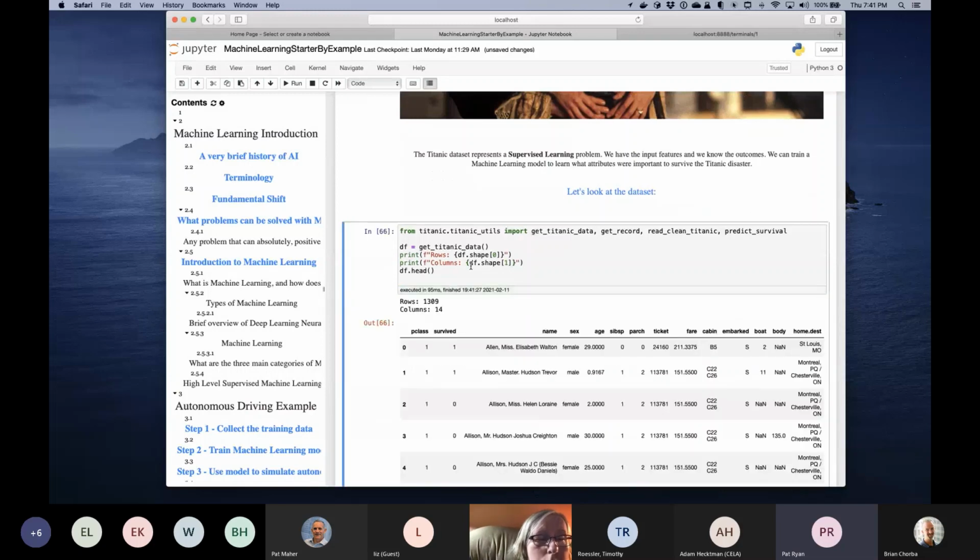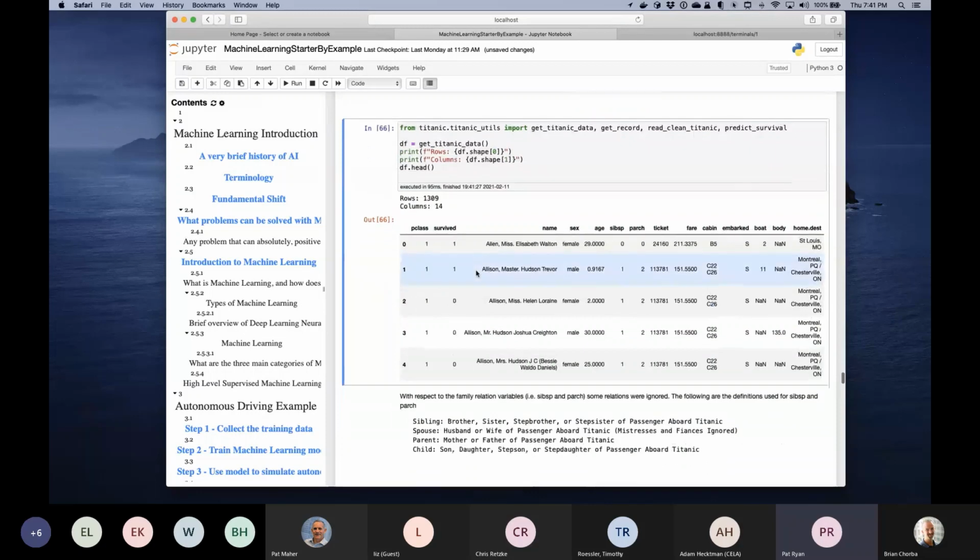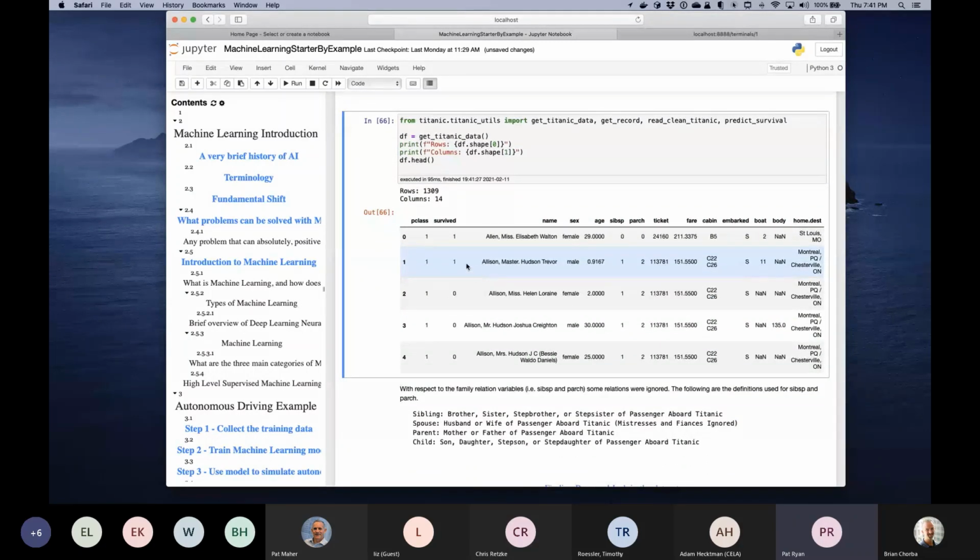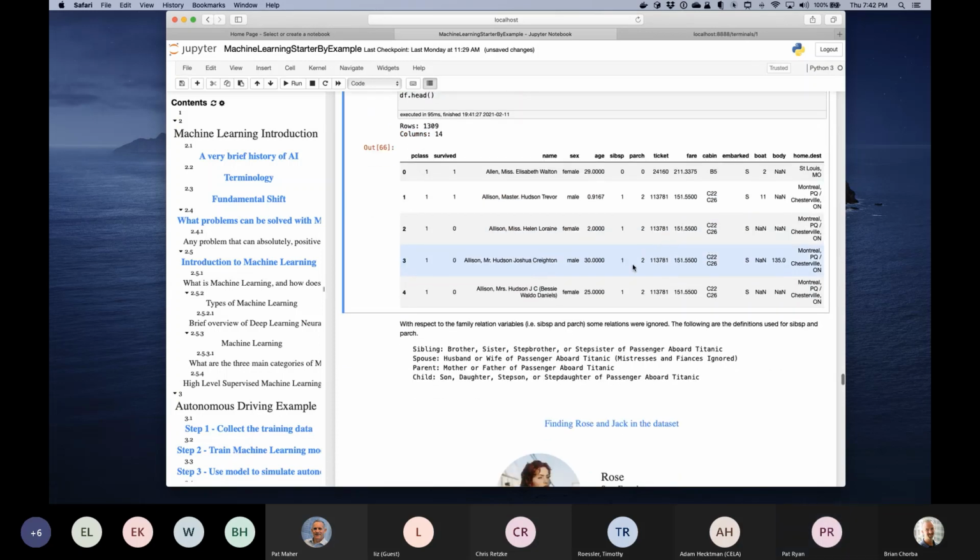And I'm going to go a little quickly through the data part of this so we can get to the back end of it. So we have the Titanic data set. There's a number of different features. And remember, the features are the things we're going to train on. And the label, or the thing we're trying to figure out, is this survived column. Did you survive or did you not survive? And so we have things like the passenger class, your name, the sex, the age, whether you were traveling with siblings or parents, the fare, how much you paid for your ticket. So there's a lot of different things that we know about everybody on the Titanic.